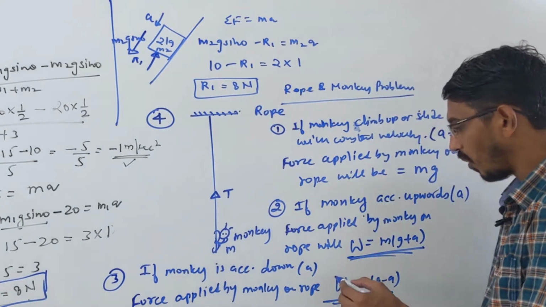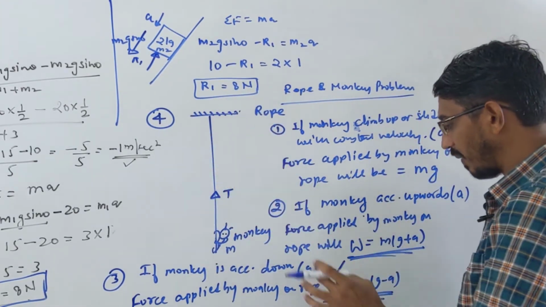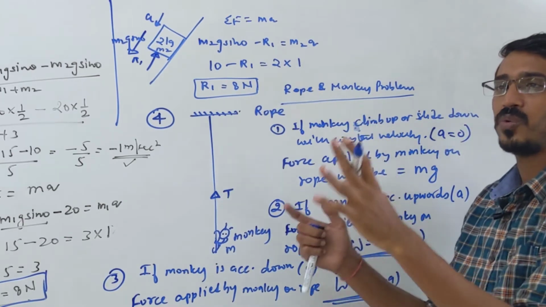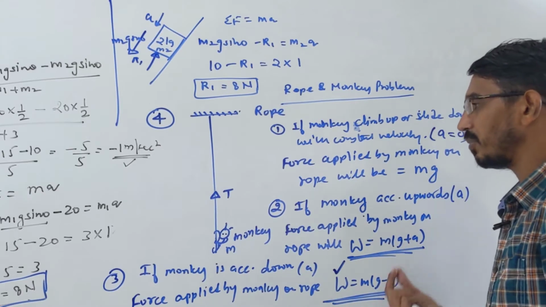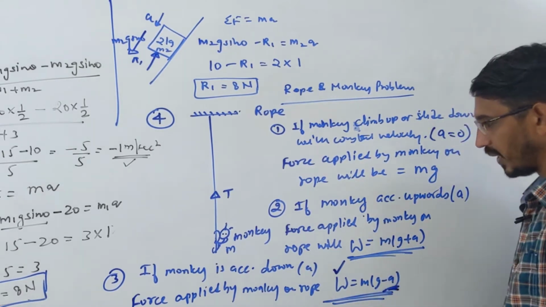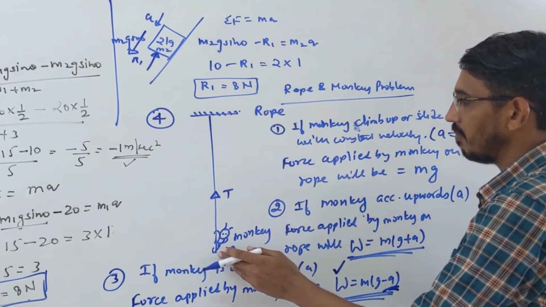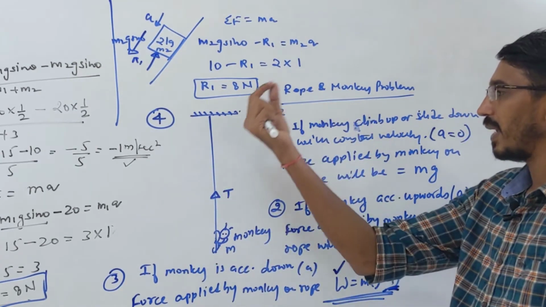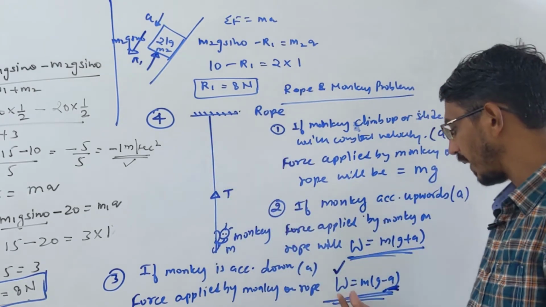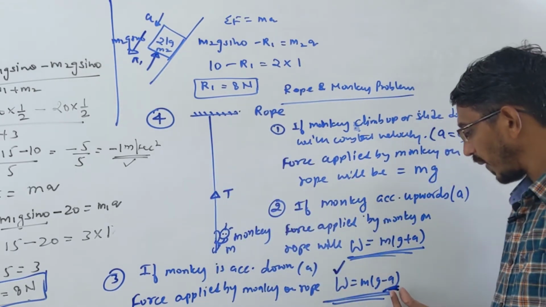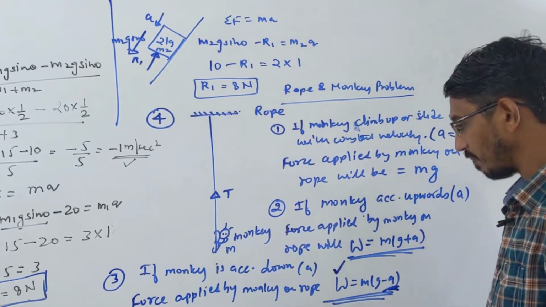Meaning the maximum load that the rope can bear, the maximum strength, will be given to you, like it can bear up to 500 Newton. Then what is the maximum acceleration of the monkey? Either they give the acceleration and ask what is the maximum load applied by this monkey on the rope, or the maximum load that the rope can bear before breaking will be given to you, W, okay. Then you have to find the acceleration of this monkey, right. Let me give an example like this.